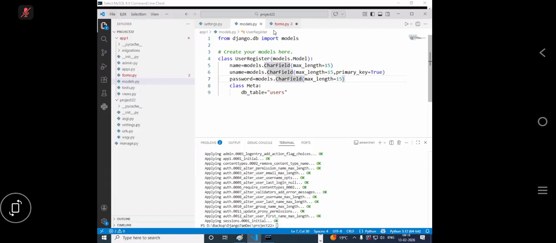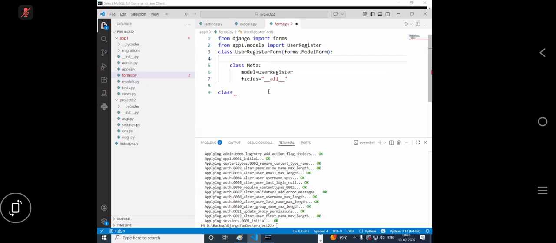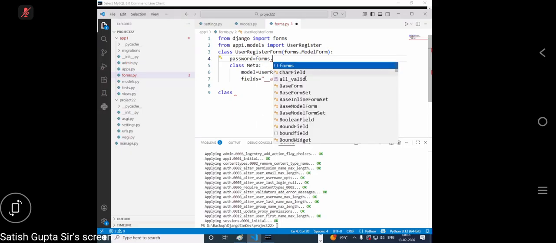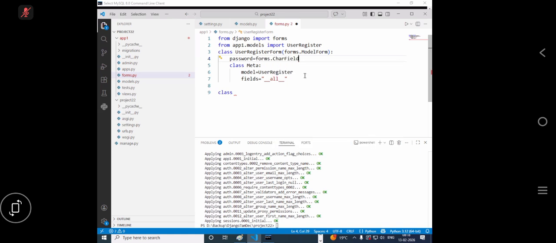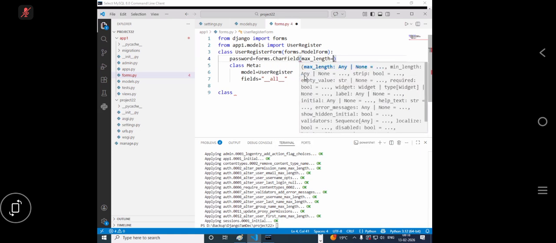You can use widget, but where do you use widget in the form? In the form, you try to define it. What is the name of the field? It is the password field. And password field is which type? So forms dot, which field? Character field. And you define the maximum length. What is the maximum length? It is 15,